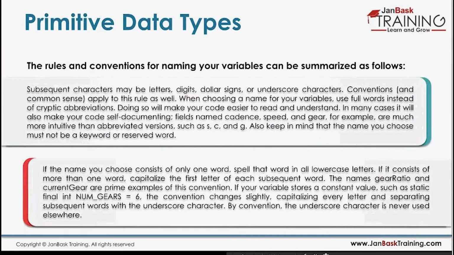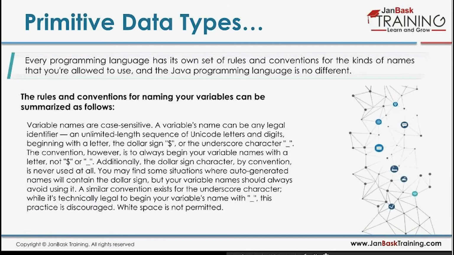So we already saw the conventions for naming them. Generally people don't use dollar signs. You cannot start a name with a number, and you don't start it with a dollar sign or an underscore character. There are two ways of naming things. One of them is called the Pascal case. The other one is called the camel case. In camel case, you have the first letter in lowercase, and then the first character of every other word is uppercase. Just to give you an example,